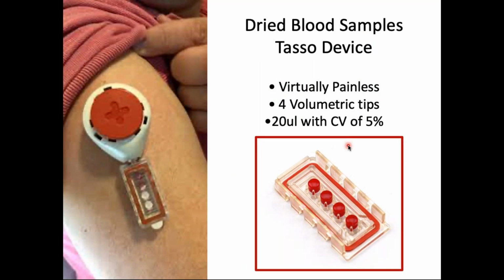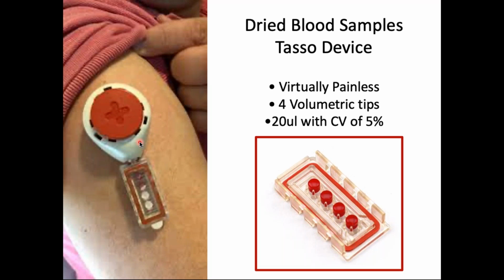The last are blood samples, and we considered using what we've done before, which is the Whatman 903, where you take a lancet and lance your own finger and then drop blood onto the pre-printed circles of the Whatman 903 card. But there were many people who said they just didn't think the older people in our representative sample of older adults in the US would be willing to do this. So we ran a self-pilot where we tested 4 different devices for collecting dry blood samples, and we've settled on